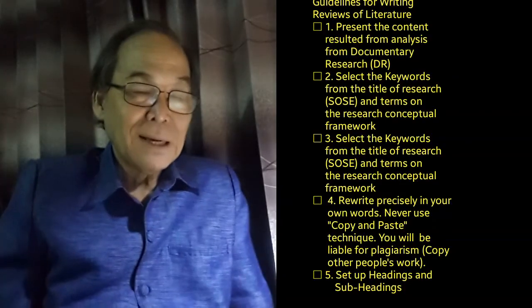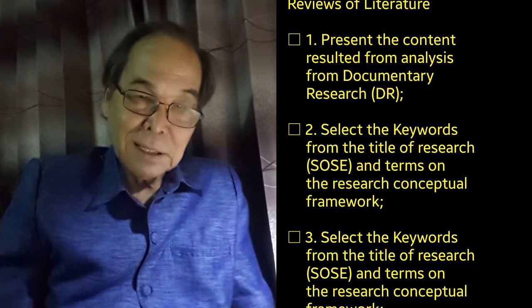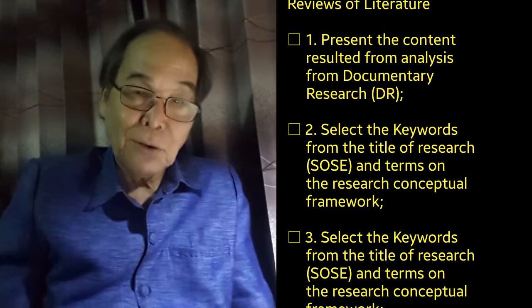Number 5, impacts to education and teaching and learning. And 6, problems, obstacles or barriers, you can say that, and solutions. Okay. So these are the important guidelines for you to write